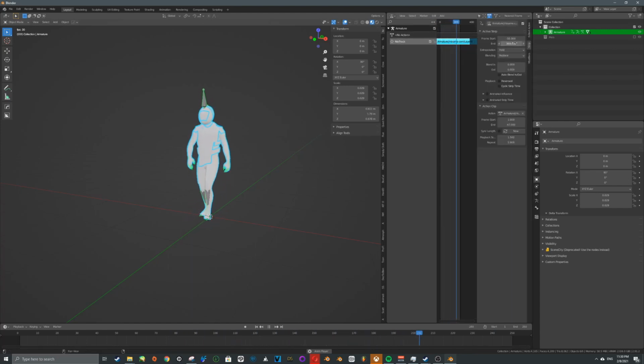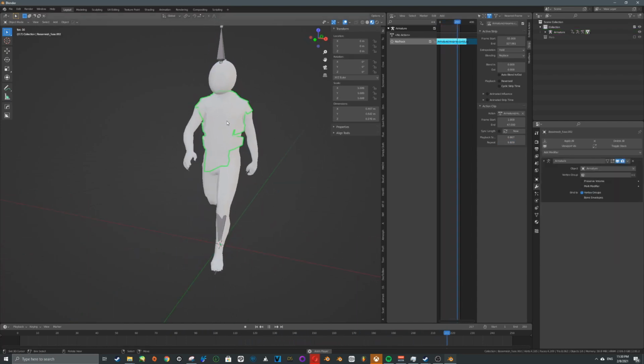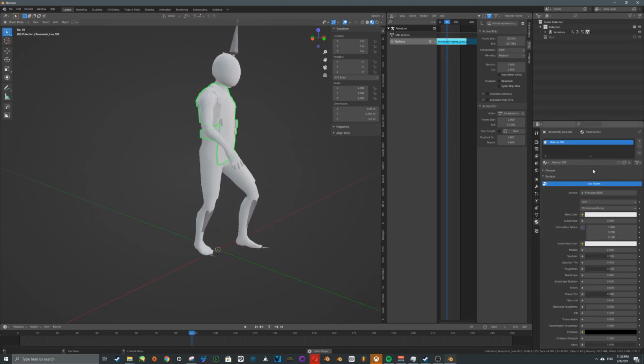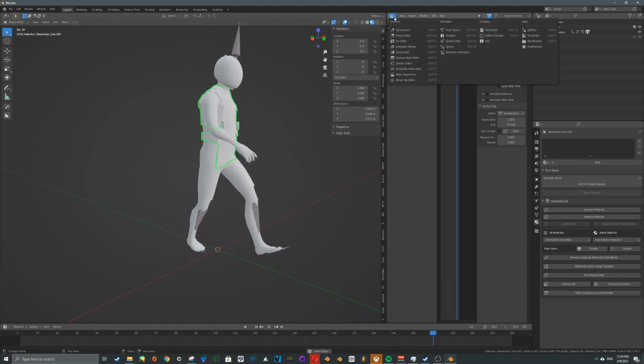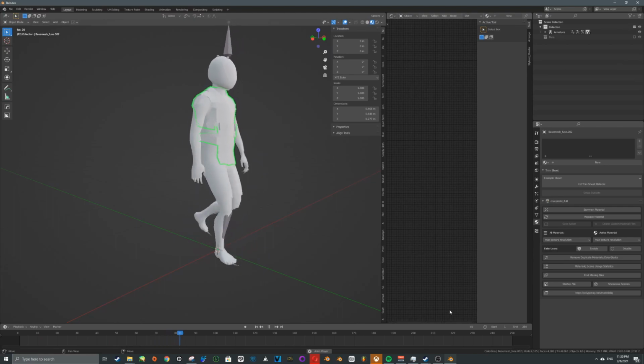And let's actually make it a bit faster. There we go. That's a bit better. Okay, so let's repeat this. And now we have this person walking. Crazy. We can go in and assign some very quick materials too. And what I like to do, actually, I'll just show you this as well. I covered it in my tutorial, but I'm just going to do a quick run through. Is I will create